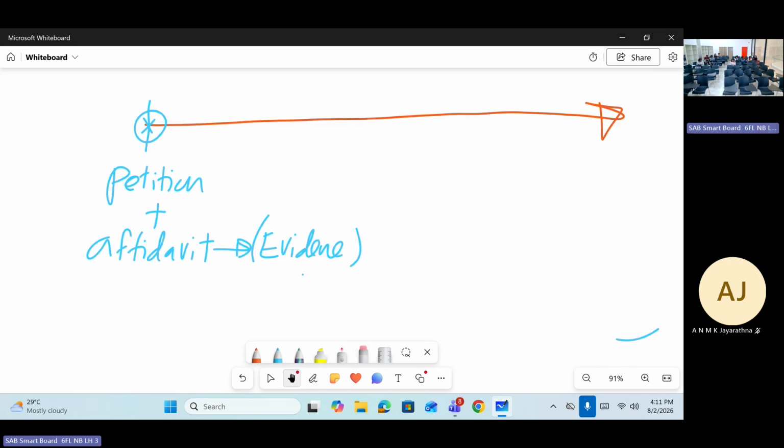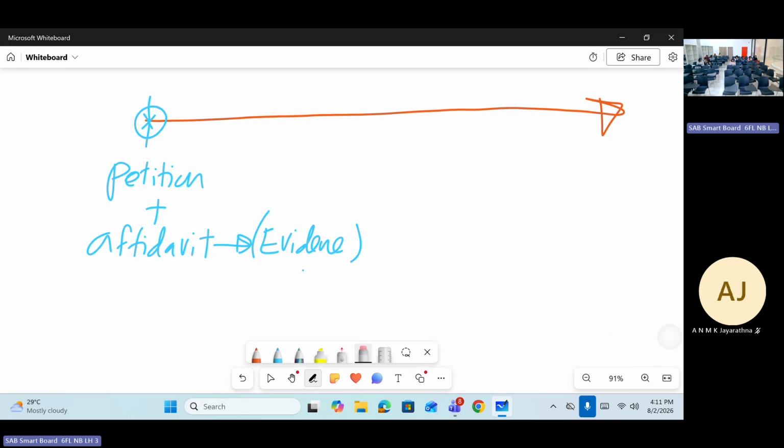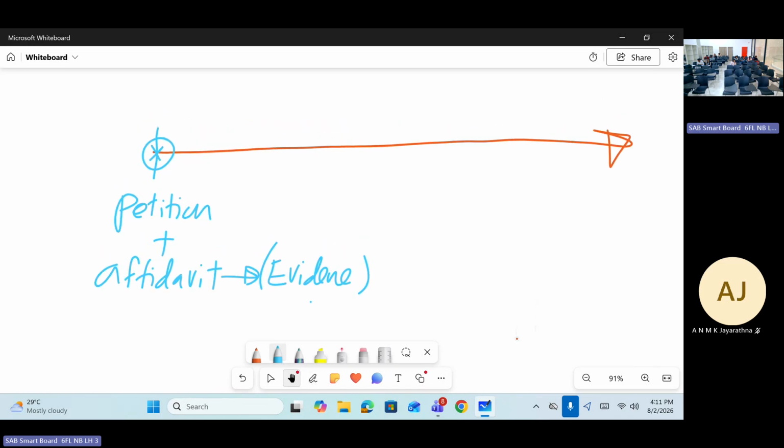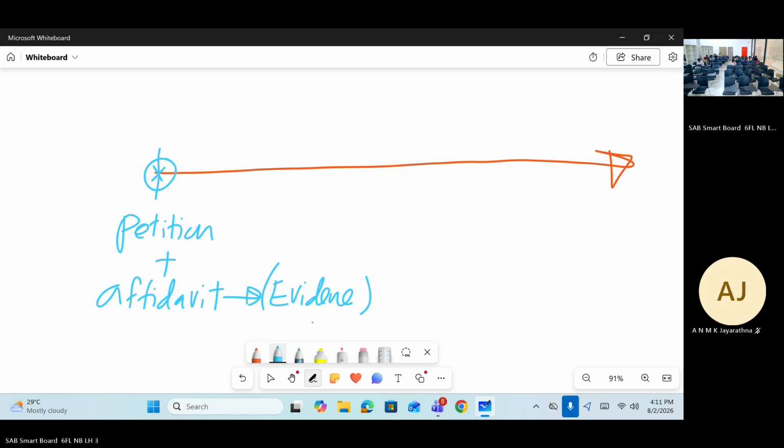Right. So you have to file a petition along with an affidavit. That is the requirement. After the petition is filed, the evidence is also given to the petition. Then thereafter, the court will appoint an officer of the court. This officer is named as